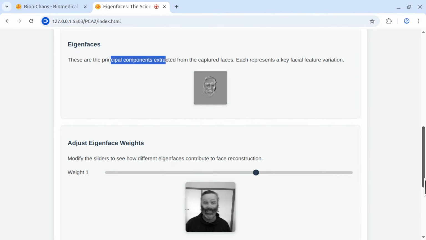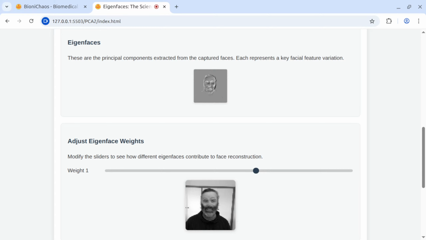Certainly. What you're seeing on the screen is a tool that allows you to experiment with eigenfaces, which are basically fundamental components that make up human faces. Think of them like building blocks. The top section shows an example of an eigenface, which is a generalized face. Below that, you can adjust weights using a slider. Each weight corresponds to a different eigenface. By changing these weights, you are essentially combining different facial features to reconstruct a face, as shown in the image